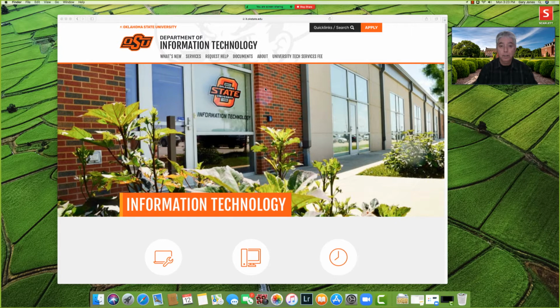The first thing you'll need to do is download the Duo app to your mobile device. So whether you have an Apple, Google, or Windows phone, you'll go to the respective website like the Apple App Store or Google Play or the Windows Store to download the Duo mobile app. Once you've downloaded the app, now you can set up your device to allow you to authenticate to a site